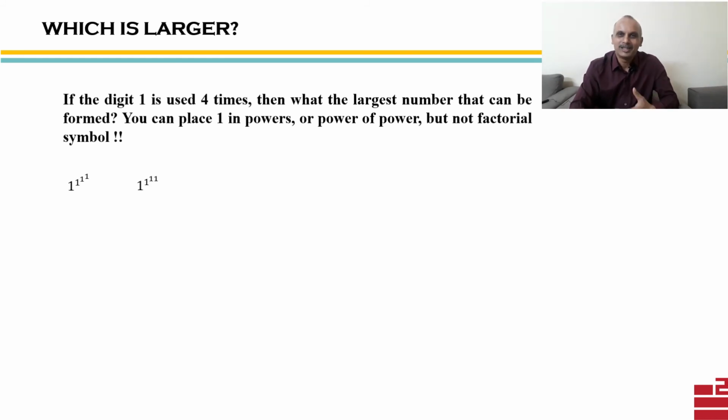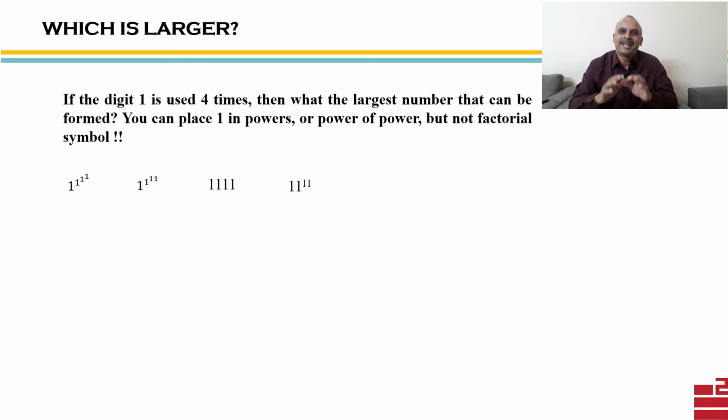But there is a catch over here. Both of them are not the largest, because essentially the value of both of them is what? It's 1. So think again. Now maybe some of you would have started thinking that the largest number is 4 times 1. Again think, this is still not the largest number. So the largest number is 11 to the power 11.